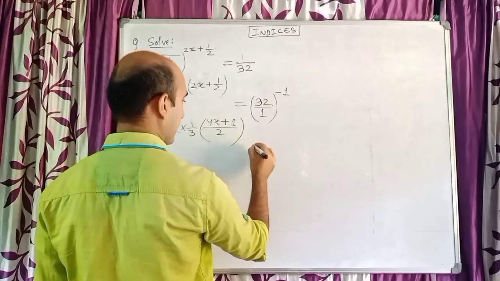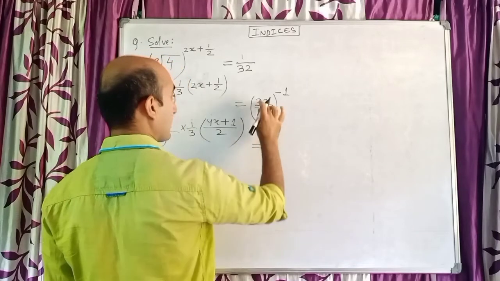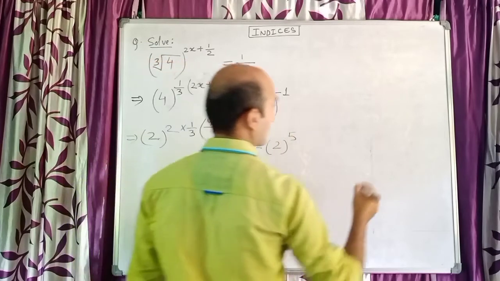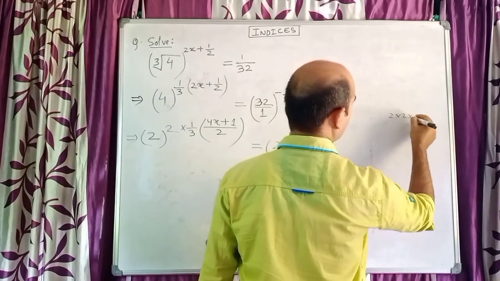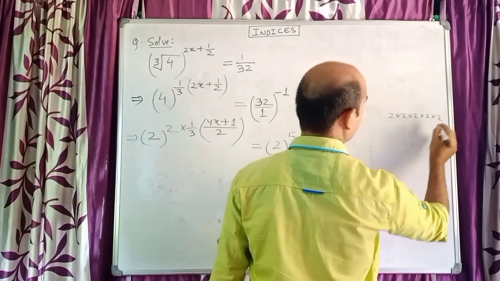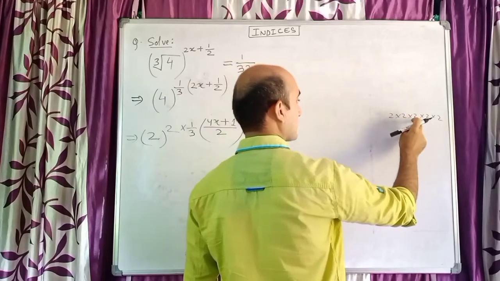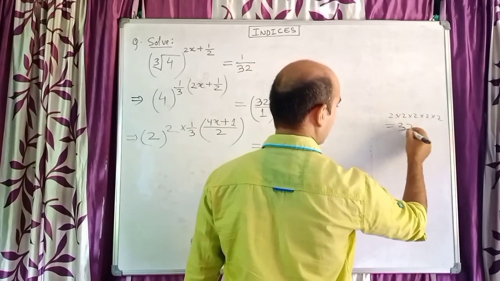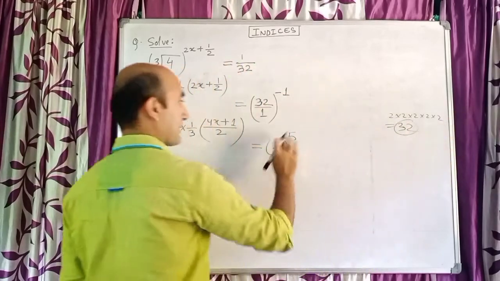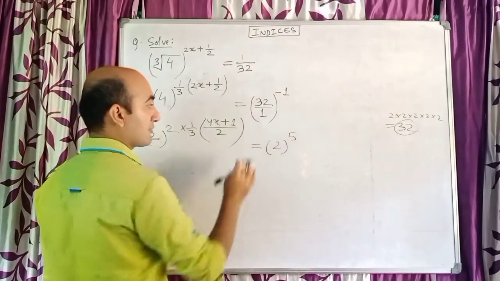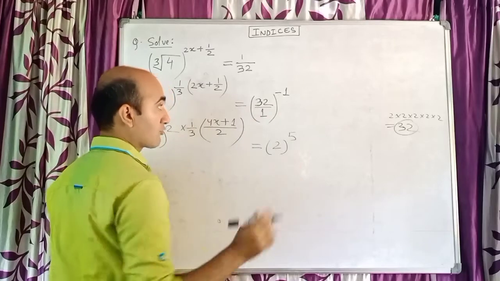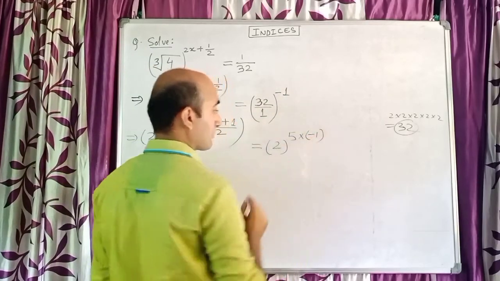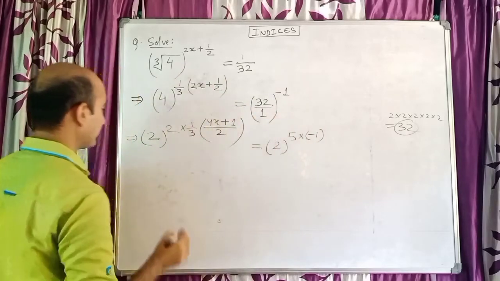This is the power, children, and here equal to, you write 32 as 2 power 5, because if you multiply 2 five times, it is 32. 2 to the 4, 4 to the 8, 8 to the 16, 16 to the 32. That means 32 is 2 power 5. So 32 I wrote as 2 power 5. Base 1 has no value, and the minus 1 is already available before only. So that minus 1 I wrote here.